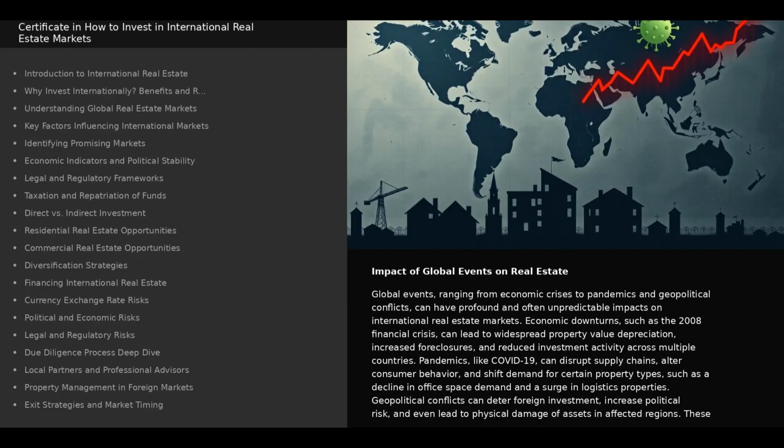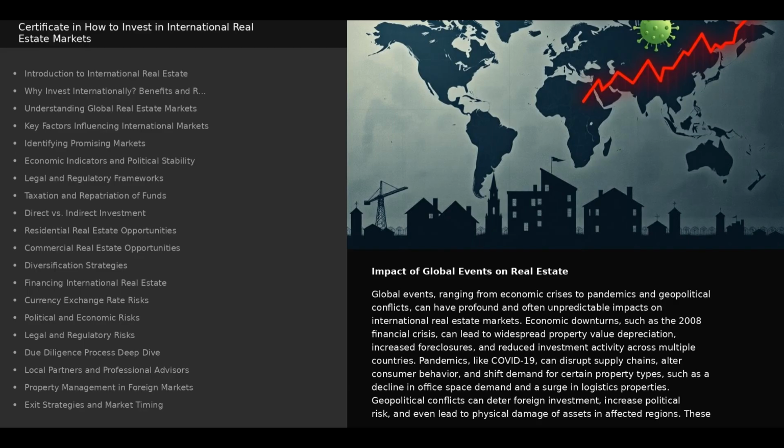Impact of global events on real estate. Global events ranging from economic crises to pandemics and geopolitical conflicts can have profound and often unpredictable impacts on international real estate markets. Economic downturns,